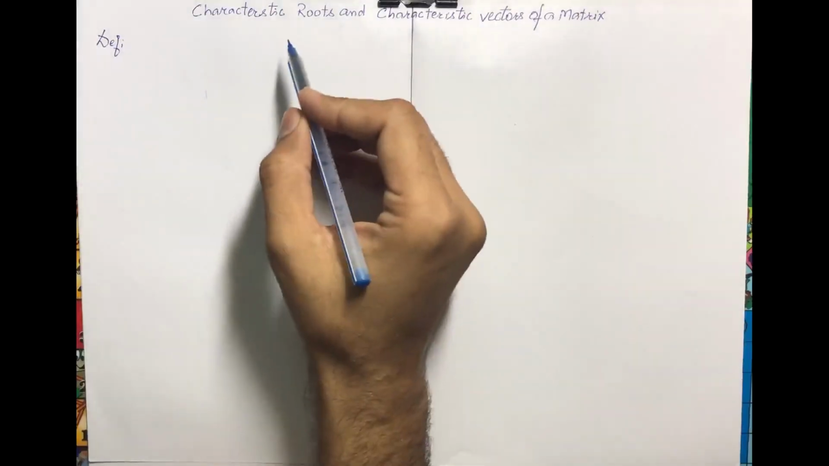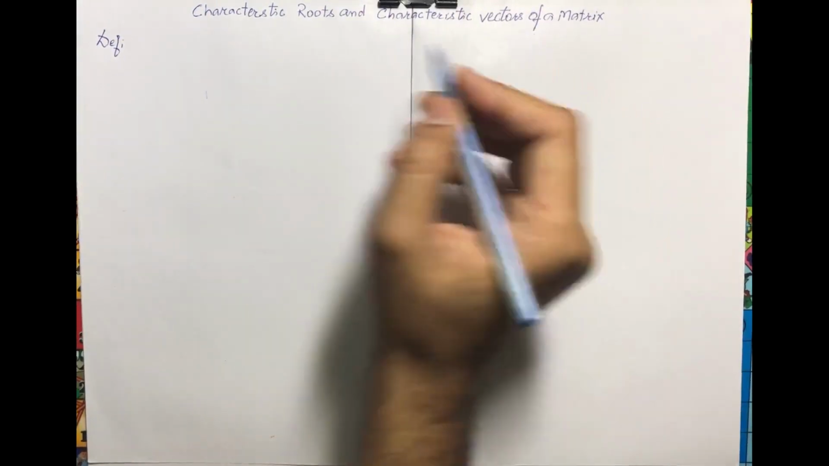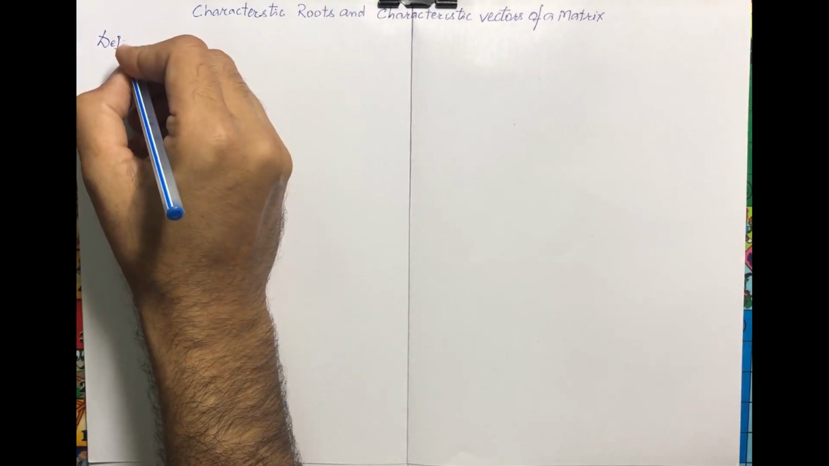In this lecture, we will discuss characteristic values and characteristic vectors of transformation as well as matrix. And in this lecture, we will discuss some definitions, theorems, as well as numericals. We will discuss characteristic roots and characteristic vectors of a matrix. First definition: